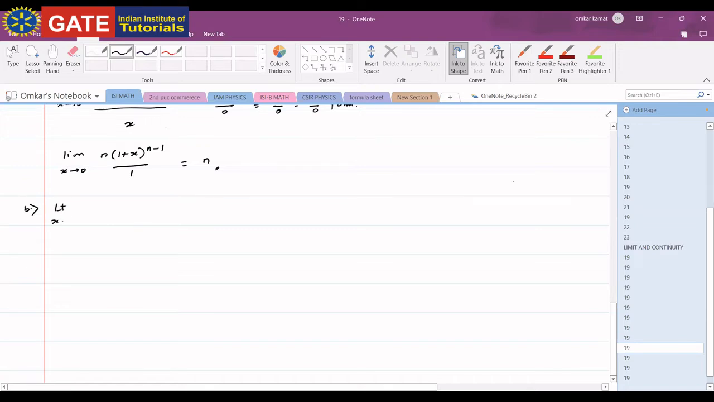Limit as x tends to 0, of x to the power x into (e to the power x minus log of 1 plus x), whole divided by x square. Tell me its value. If this is equal to alpha and alpha is finite, then alpha is equal to